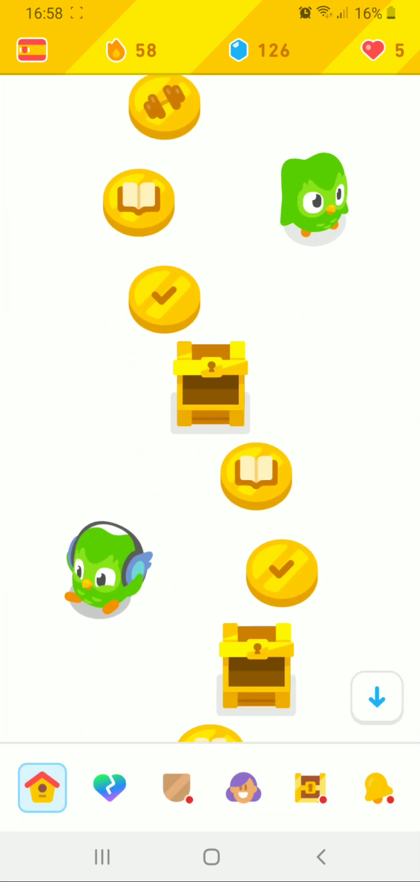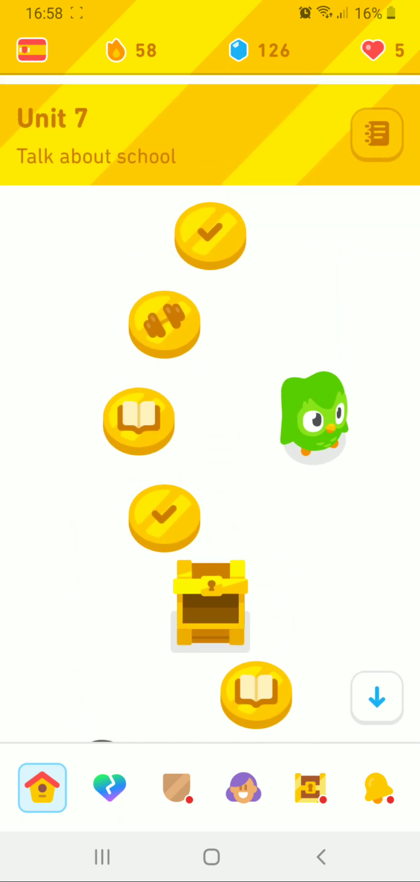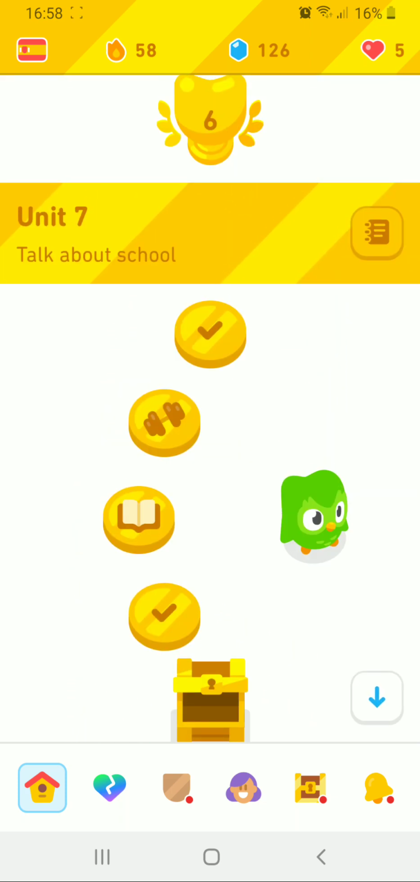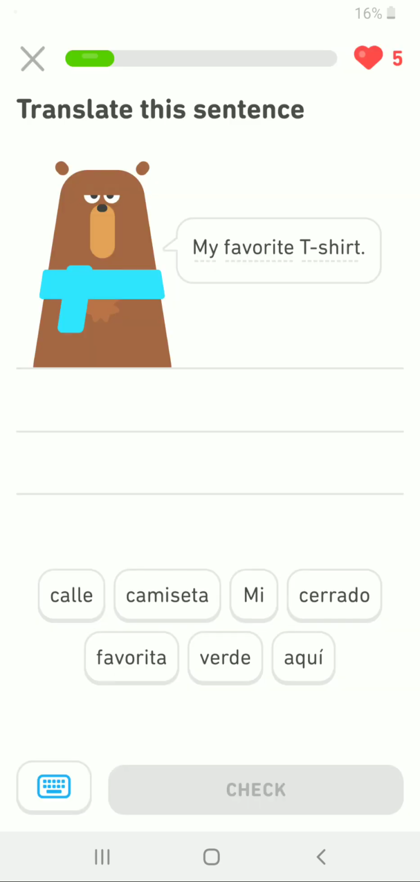So what are we going to do now? We have a little bit less than 9 minutes. We're going to do the personal practice. For school, probably we'll use verbs like estudiar, leer, escribir, aprender, comprender, etc. So, my favorite t-shirt,